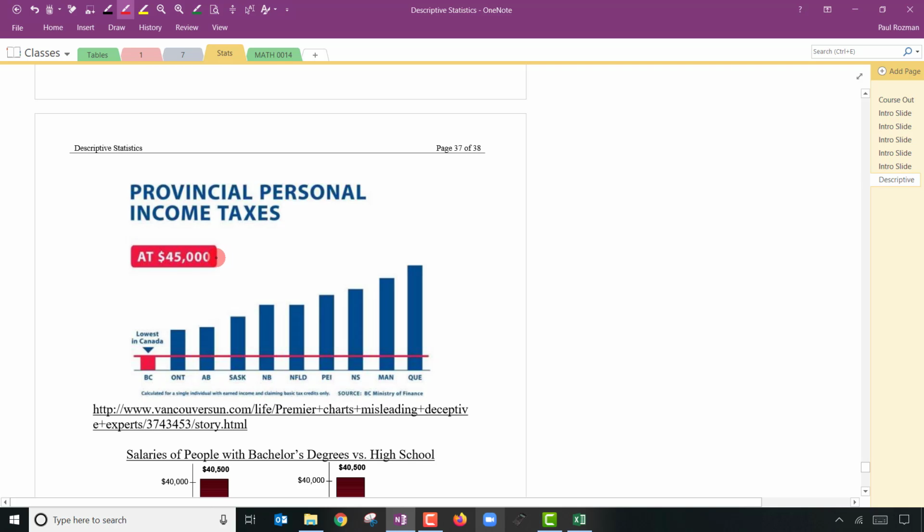But if you look at this graph, you'll notice that there is no scale. So when you first glance at it, it looks like Quebec is paying like 7 times the income tax that someone in BC is paying. And you'll notice that they also put these provinces in order to make it sort of look like it's trending up, but we're doing the best. I thought that was kind of sneaky too. They didn't put them in alphabetical order or geographical order. They put them in sort of from smallest to largest.